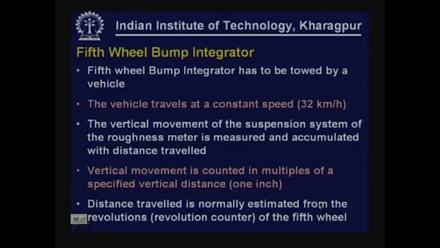So the fifth wheel bump integrator has to be towed by a vehicle. That is the reason why it is a fifth wheel. The vehicle travels at a constant speed. Typically the recommended speed is 32 kilometers per hour,